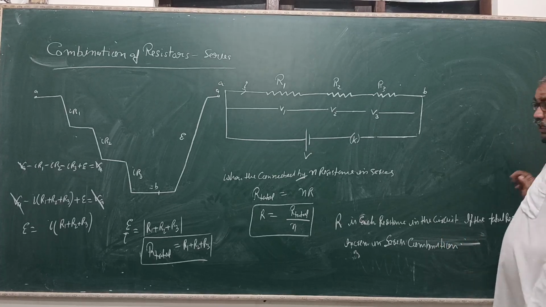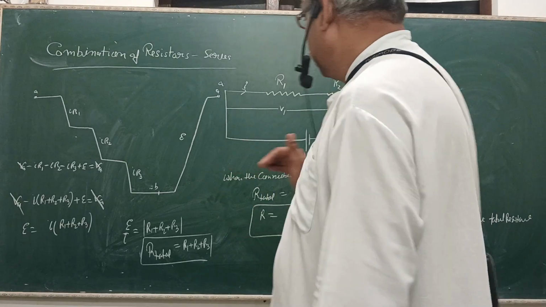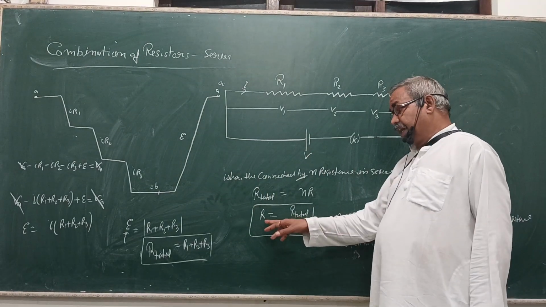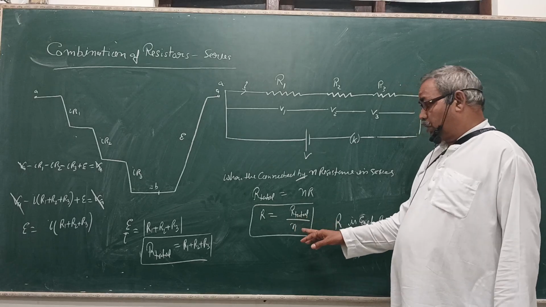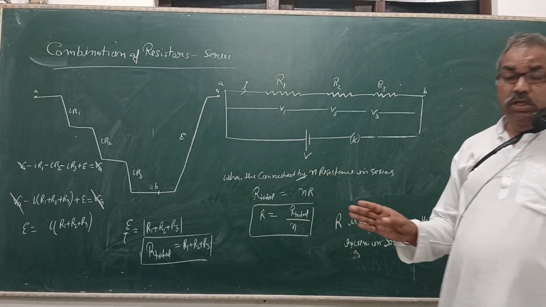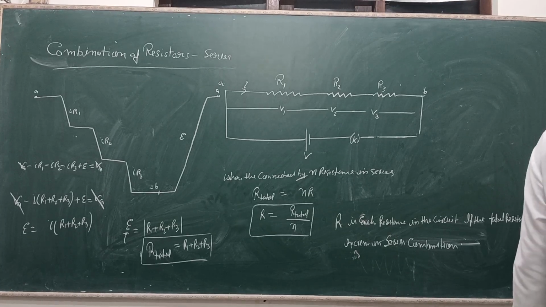तो हम ये कह सकते हैं कि सीरीज कॉम्बिनेशन में रेजिस्टेंस हमारा बढ़ जाता है और हम एन ईच रेजिस्टेंस निकालेंगे तो वहाँ R इज इक्वल टू R टोटल अपॉन एन के साथ हम इसे डिफाइन, दिस इज द फ्लो ऑफ सिस्टम। ये हमारे पास एक फ्लो सिस्टम है, इस फ्लो सिस्टम के द्वारा हम इसे डिफाइन कर सकते हैं। अब इसी तरह से हमारे पास पैरेलल कॉम्बिनेशन हो जाए,